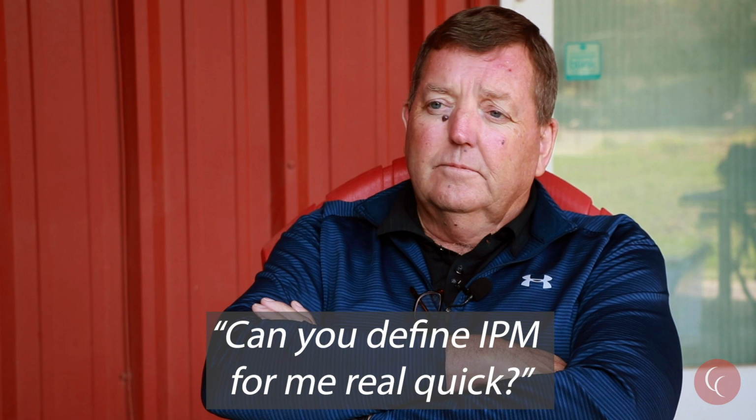Determining thresholds, whether treatments are even needed, using IPM approaches. Can you define IPM for me real quick? Integrated pest management. Yeah, it's basically first identifying the pest and figuring out,